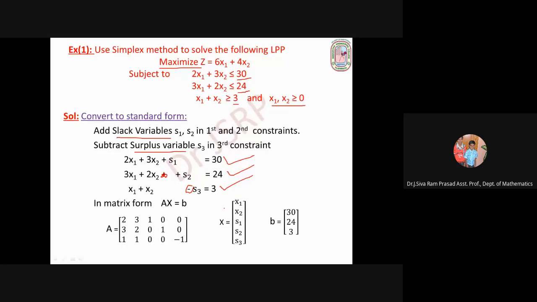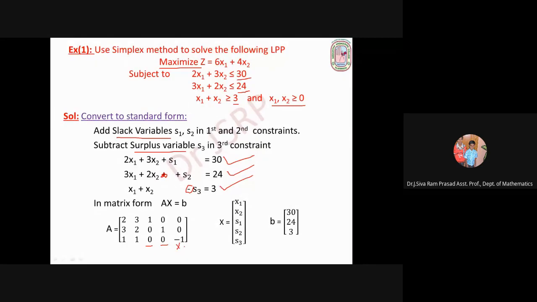Okay, what is the next step? Examine whether the coefficient matrix contains a unit matrix or not. Observe the coefficient matrix. 1, 0, 0: we have the first column of the unit matrix. 0, 1, 0: we have the second column of the unit matrix. But the next column is 0, 0, minus 1, so this is not the third column of the unit matrix. We require a 0, 0, 1 column to get the unit matrix.